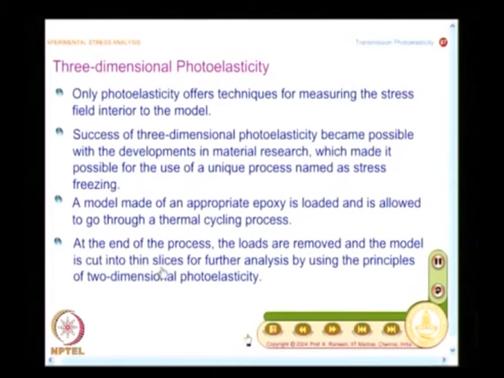From a mathematics point of view, I analyze it as a 2-dimensional model. So, I take advantage of 2-dimensional photoelasticity, but in order to do that, I have to slice it very precisely, as thin as possible, so that the principal stress direction remains constant within the thickness, and the stress field is actually from a 3-dimensional situation. So, the advantage here is that analysis can be done by using the principles of two dimensional photoelasticity. That is the greatest advantage.